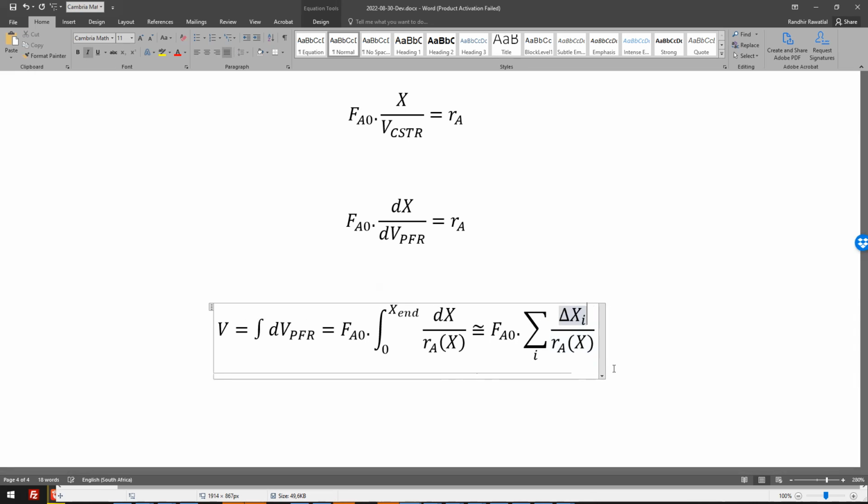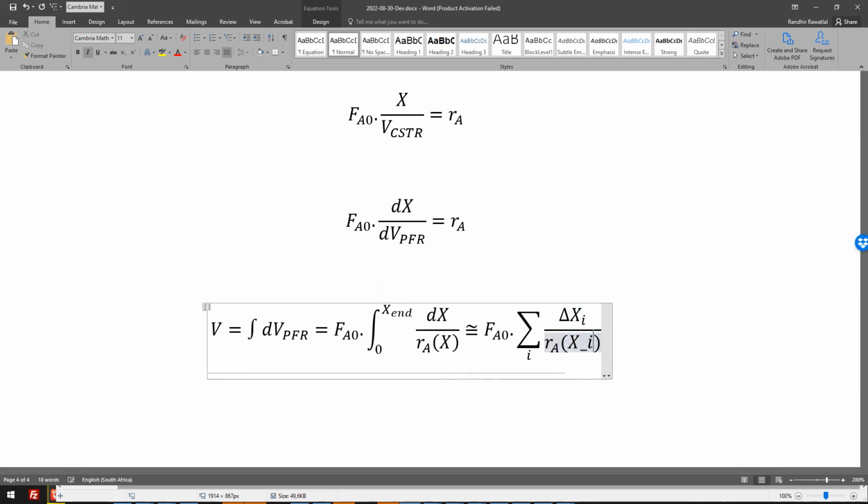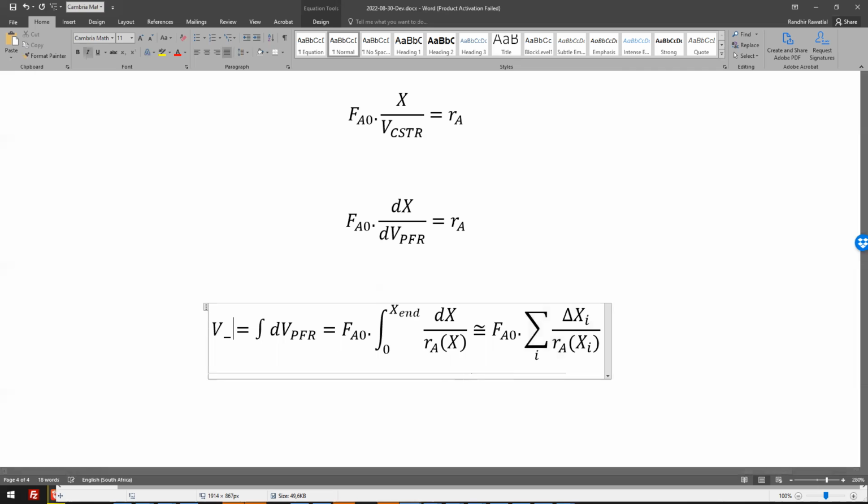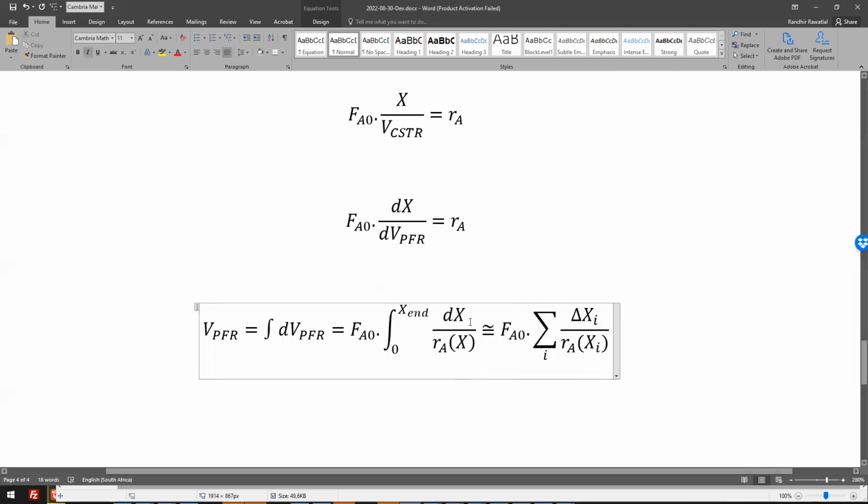So delta xi, right? Just check that you agree this integral is approximated in a Riemann way by this thing. You can see it's the same. This is just the discrete form of this. So to work out the volume of the PFR, we pick a series of points